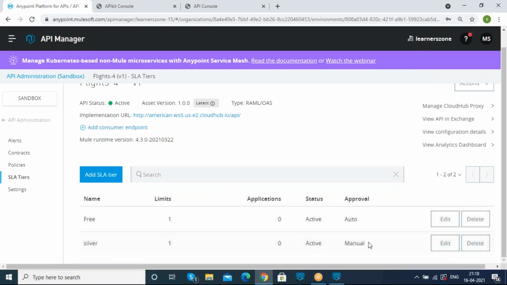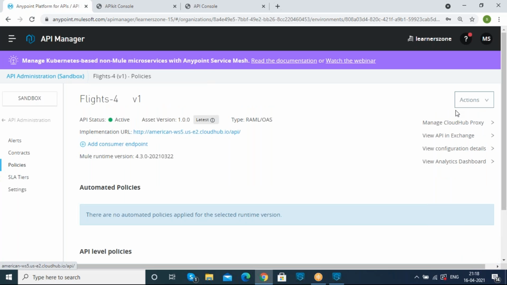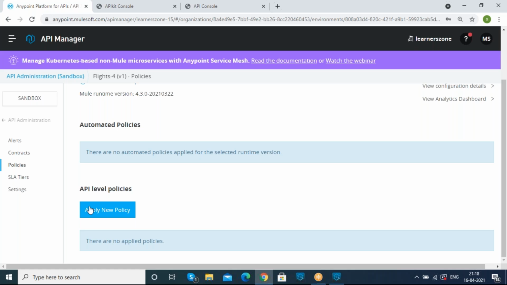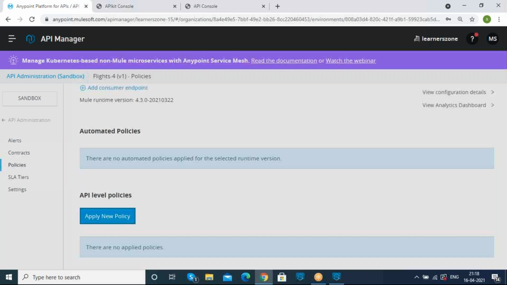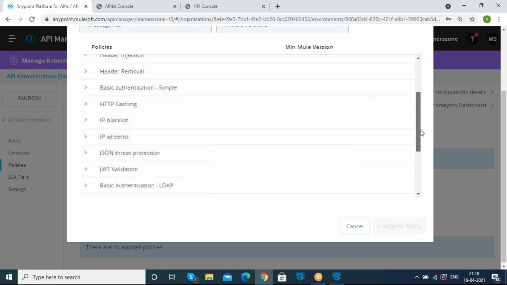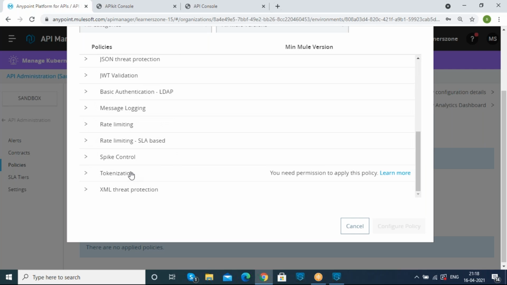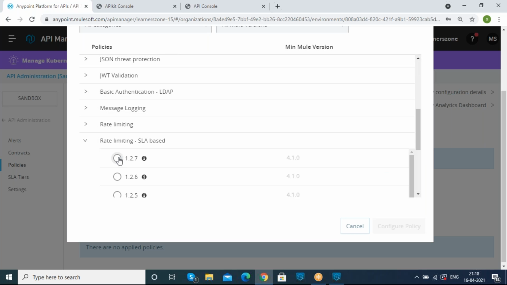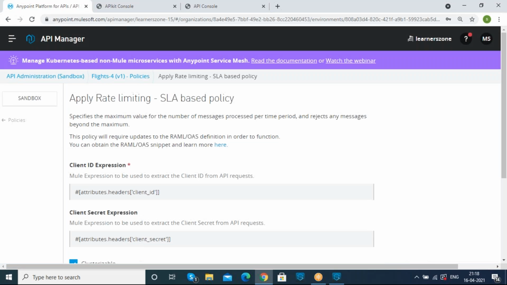Now that we have configured the SLA tiers, in order to apply them we just need to apply the policy based on the SLA tier rate limiting concept. There is a policy called rate limiting based SLA tier. I am going to configure this policy. So how to identify whether the user is